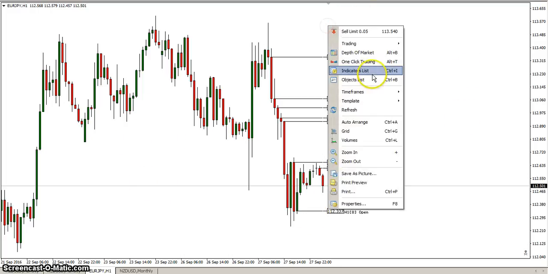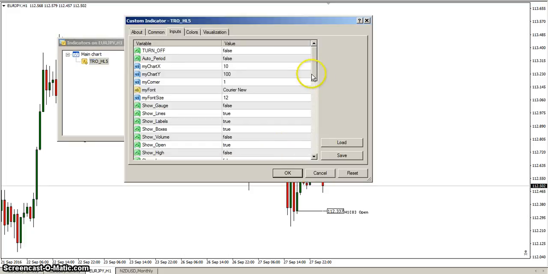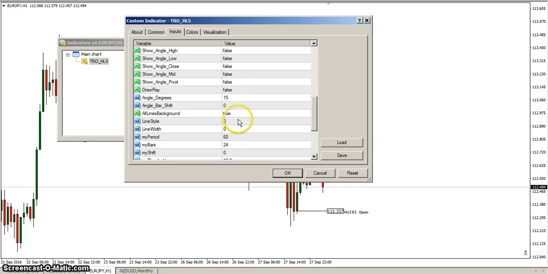Now let me see if there's any other trades. Yes, there are. Now what we'll do is we will leave the open, but we will now show the high. We will show the low. We will show the close. So we've got open, high, low, and close, but mid and pivot are turned off. But what we're going to do is